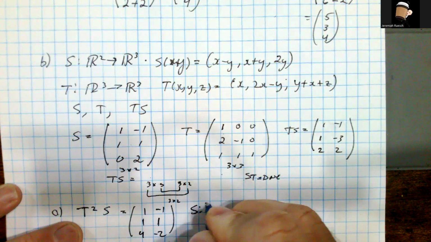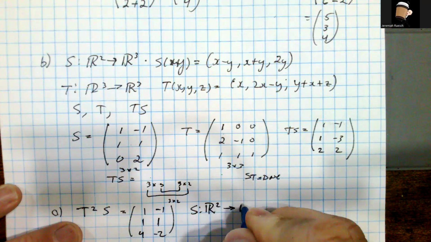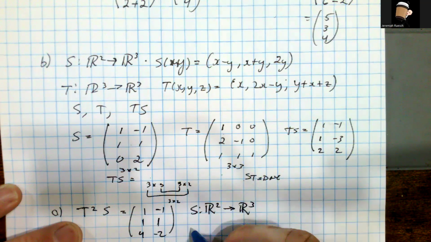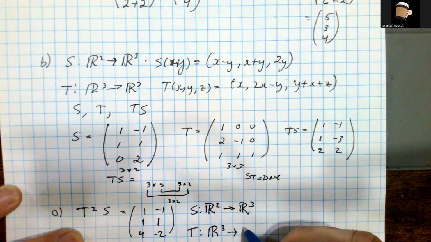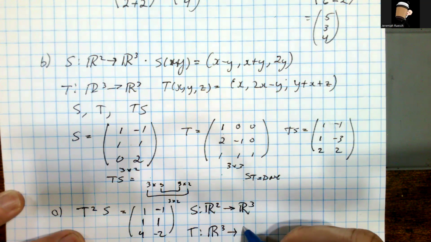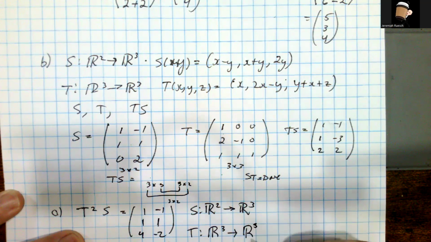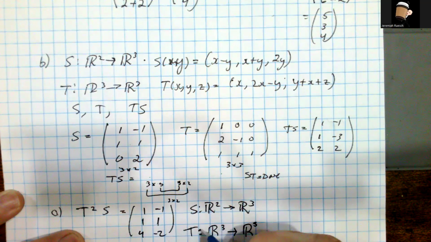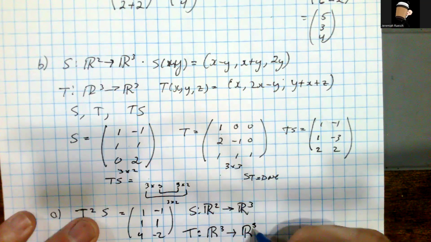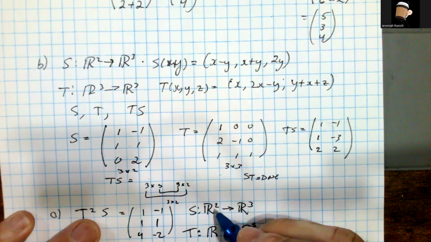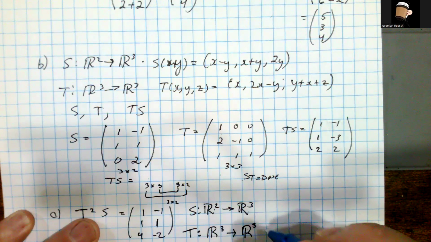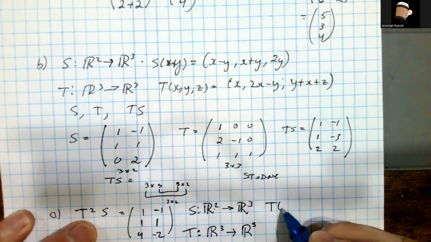So S is going to be a map from R2 to R3. And then T is also going to be a map from R3 to R3. I was looking at the square on the T. So R cubed to R cubed. So this is our map, R2 to R3, and then R3 to R3, and it's given formally by T of x,